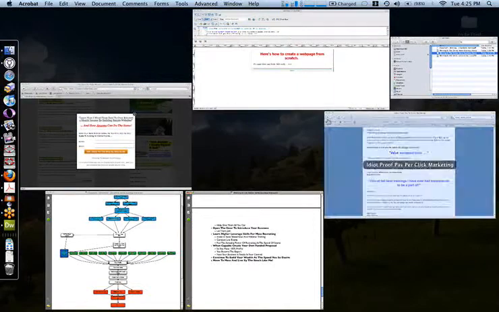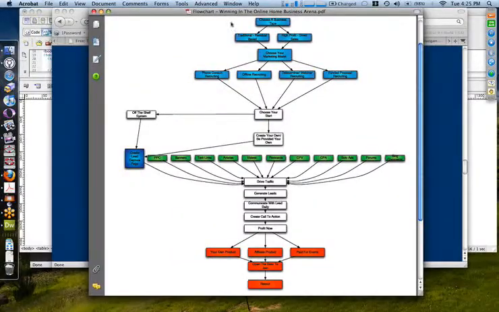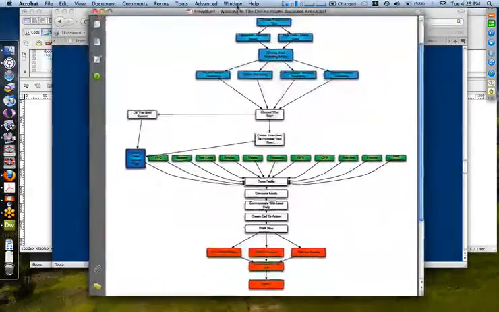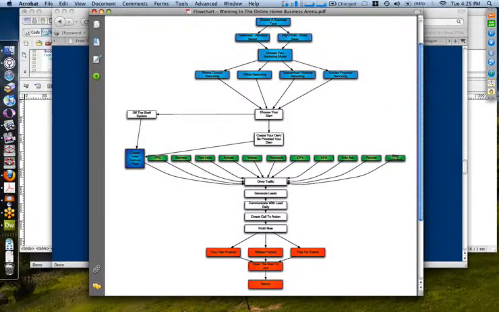And so here's what I got for you guys. I've created a flow chart that gives you some of the different options. Choose a business type: traditional, residual. Choose your marketing model: phone consult, offline recruiting, teleseminar, webinar, funded proposal. Choose your start: either choose an off-the-shelf system to use or create your own. From there, you create your lead capture page. Then you start to drive traffic. Here are all the different methods that we talked about today.